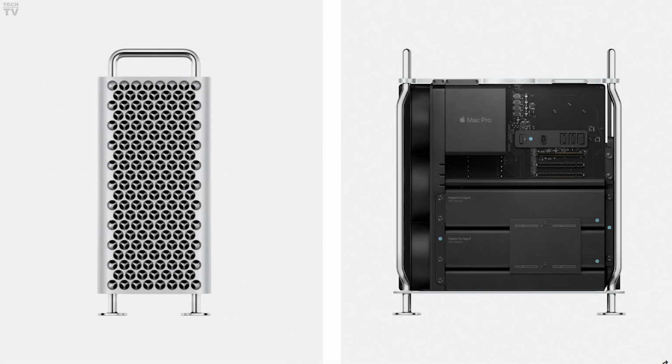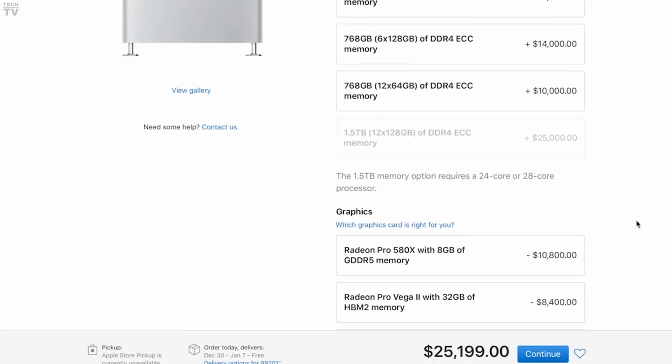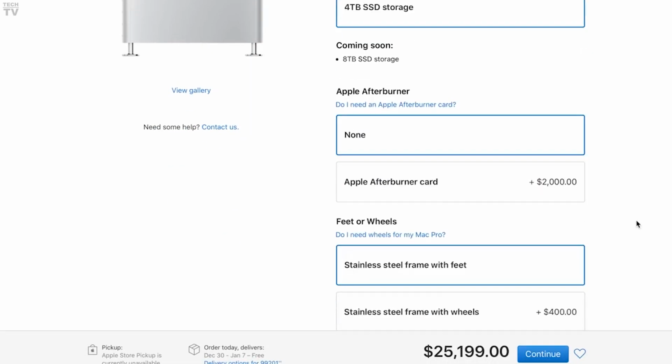I just want to say that if you spend $15,000 on a new Mac Pro, it will have great performance. I'm not denying that. I also want to say that it would be competitively priced against Dell and HP computer systems. The best part of all is how easy Apple made it to configure and order your own Mac Pro. Look at this, there's only a few options right here that make it very, very simple to order compared to,